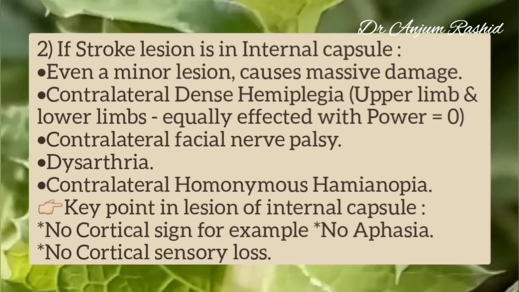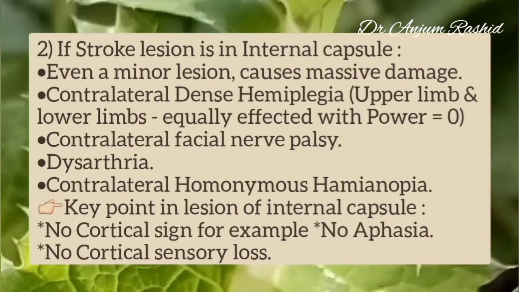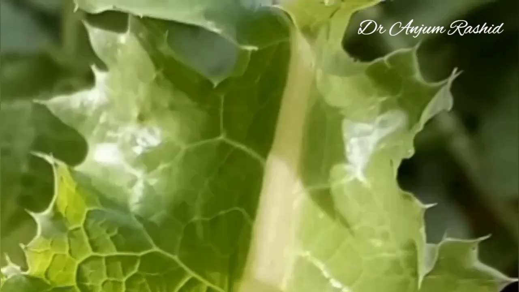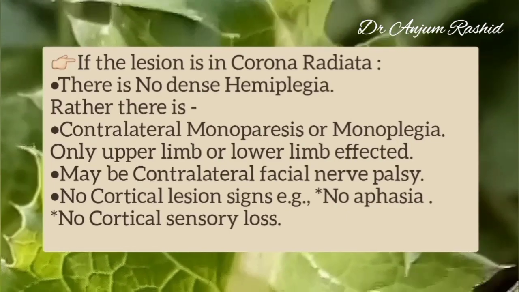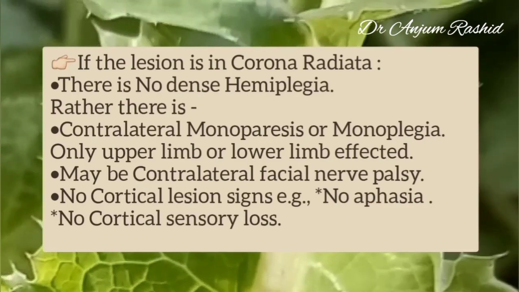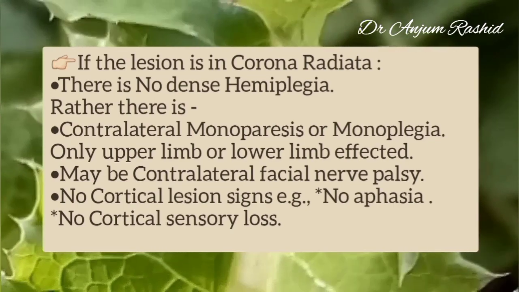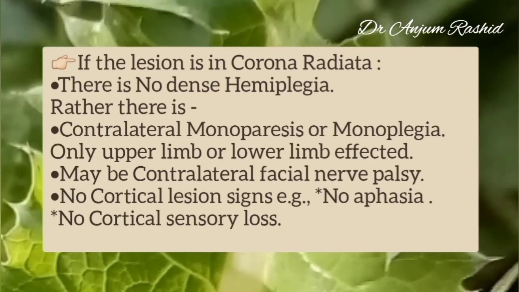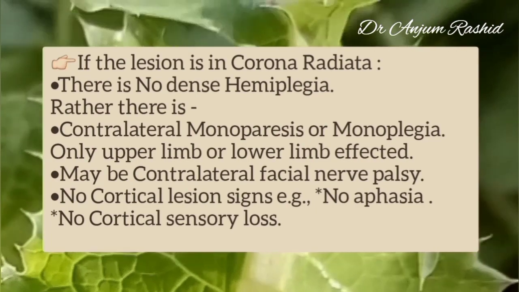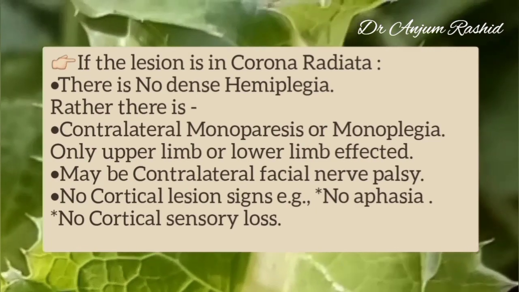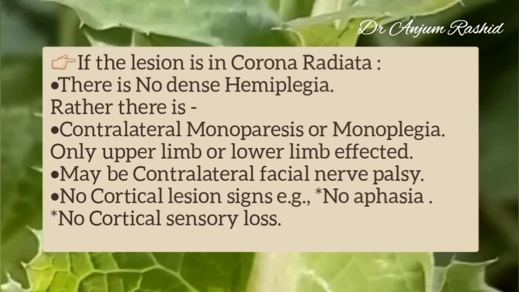Now key point in this lesion of internal capsule is that there is no cortical lesion, for example no aphasia and no cortical sensory loss. Now next is if the lesion is in corona radiata, there is no dense hemiplegia, rather there is contralateral monoparesis or monoplegia, only upper limb or lower limbs are affected. There may be contralateral facial nerve palsy, but no cortical lesion signs, for example no aphasia and no cortical sensory